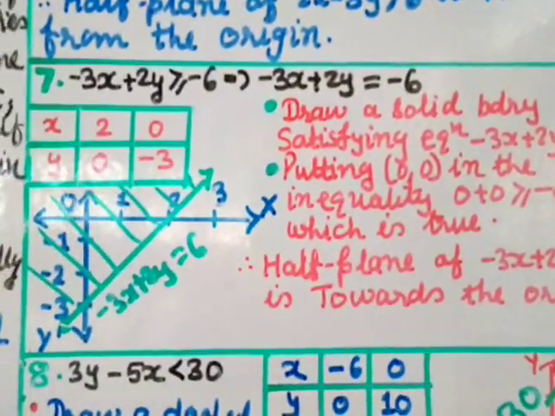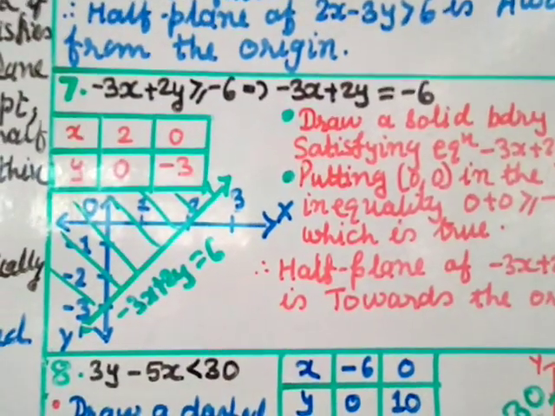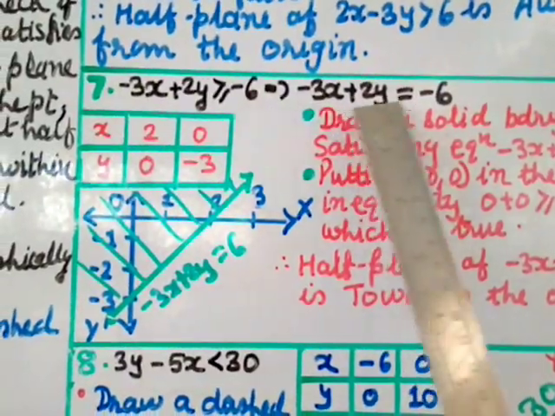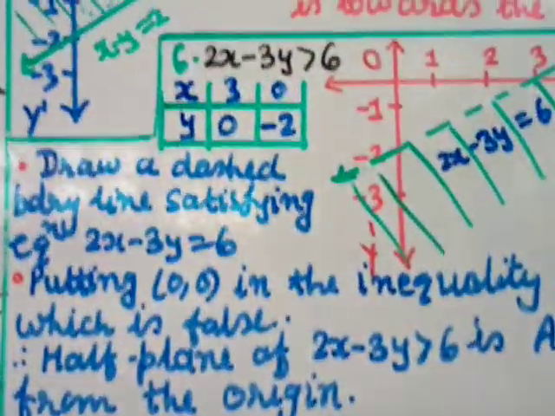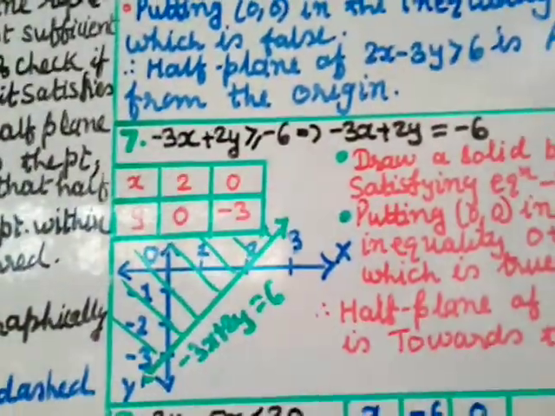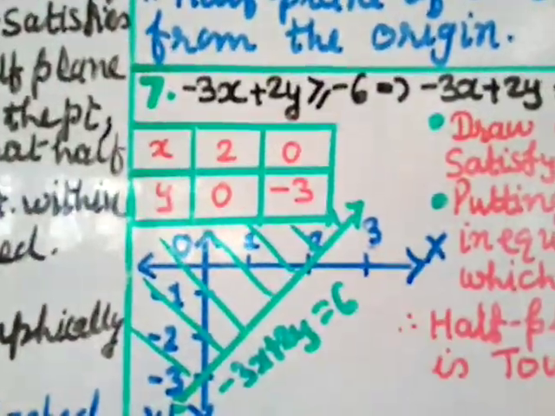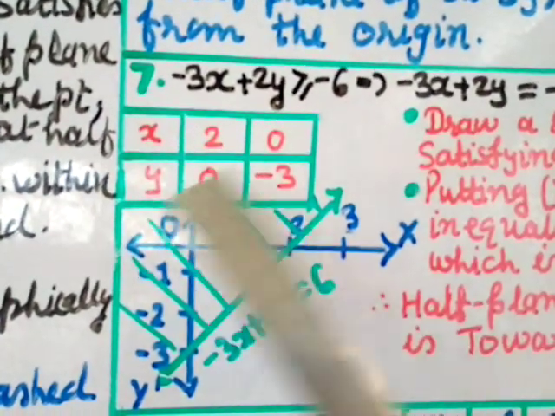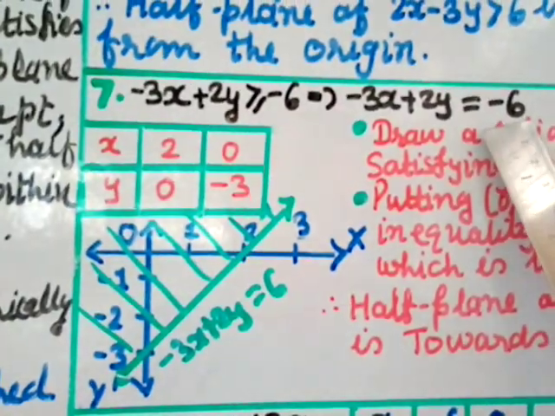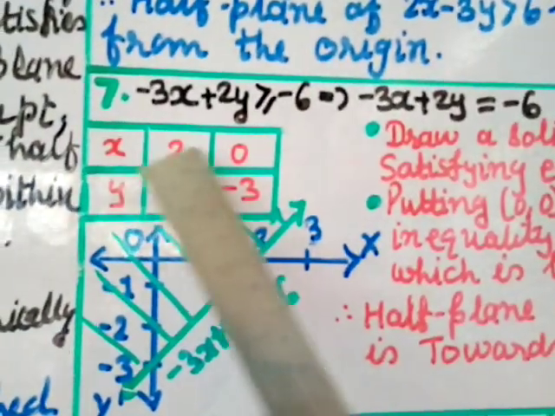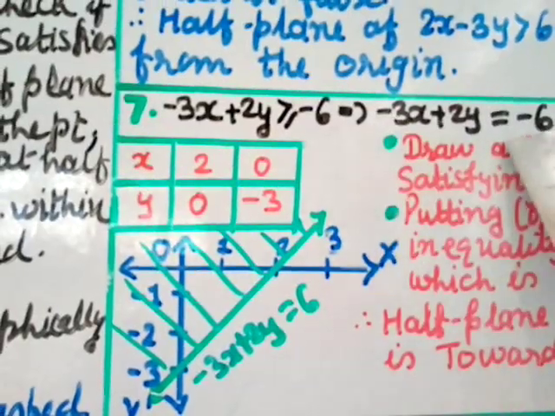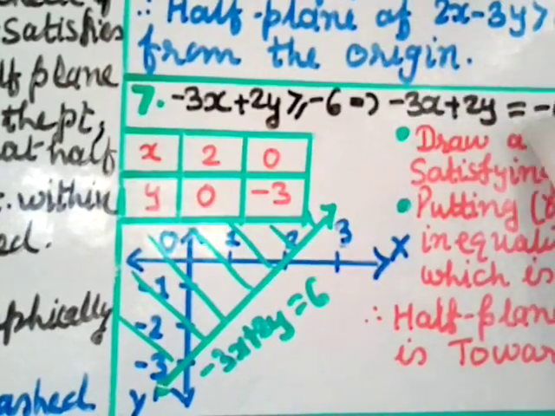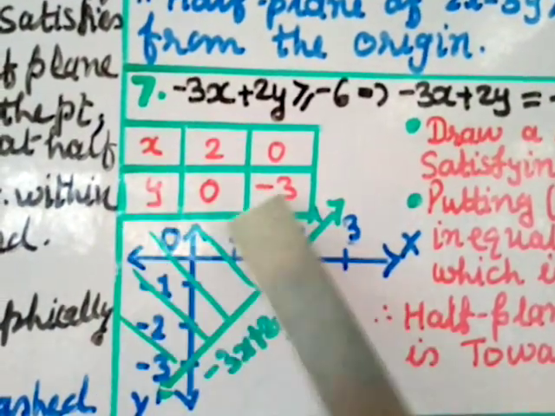Question number 7, minus 3x plus 2y greater than or equal to minus 6. So I will rearrange this as equal to: minus 3x plus 2y equal to minus 6. Before also, I have not written it, but when I take the points, I am taking the equal to sign. Now let us take the points. First I take y equal to 0. When you put y equal to 0, you get minus 3x equal to minus 6. So cut by minus 3, and you get x equal to 2, because negative by negative cut by 3 gives positive. Now take x value 0, that means 2y equal to minus 6. Divide by 2, so you get y value as minus 3.